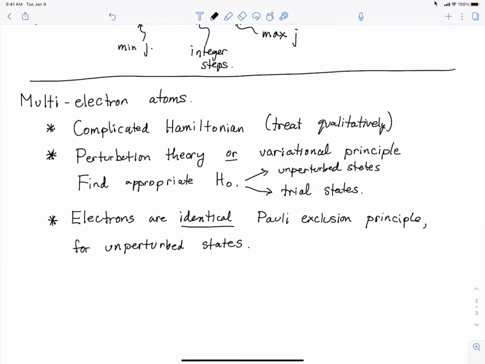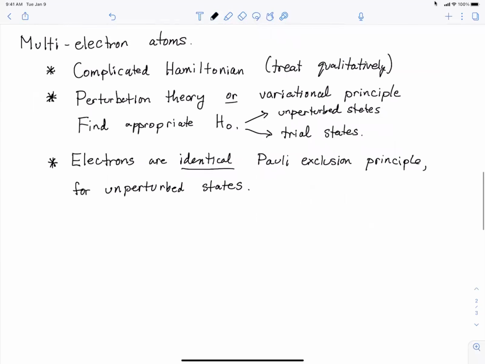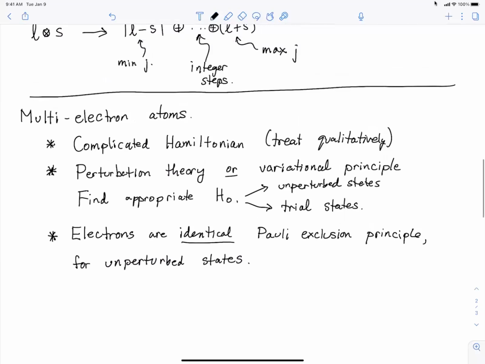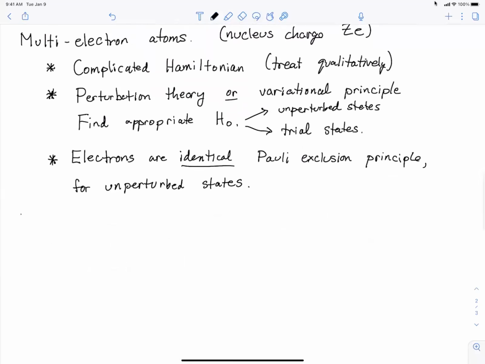All right, so now let's write down our Hamiltonian for a multi-electron atom. Okay, so multi-electron atom, I'm going to say the nucleus has charge Z times E. So Z is some integer. All right, so what's the Hamiltonian? The Hamiltonian is going to be, first of all, a sum over all the electrons, so from K equals 1 up to Z,